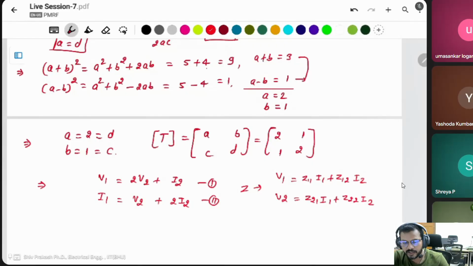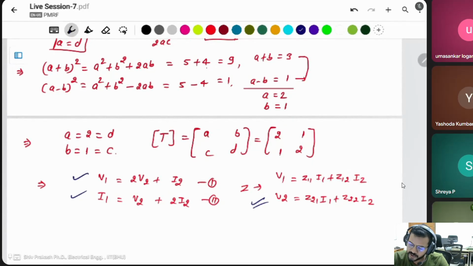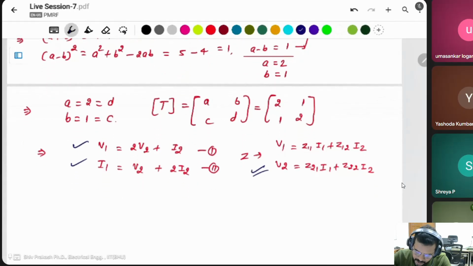In a conversion, if you want to convert any parameter to any parameter, then don't go direct to convert, simply write the two equations, and rearrange these two equations according to the target form, then you will get all the parameters directly. Don't go for element-wise conversion, simply write the two equations, then arrange them according to this one, like that. V1 is equal to, okay,